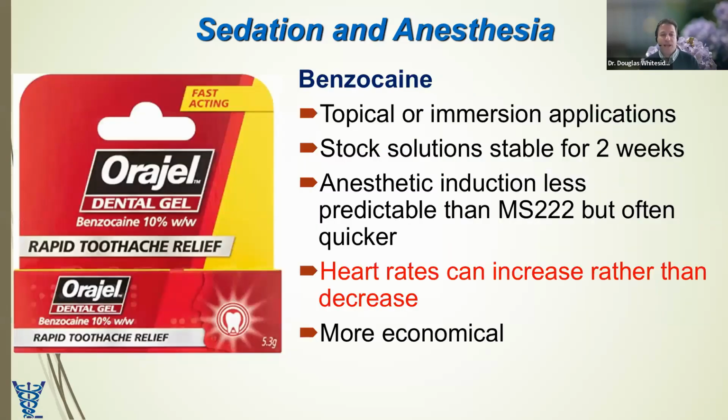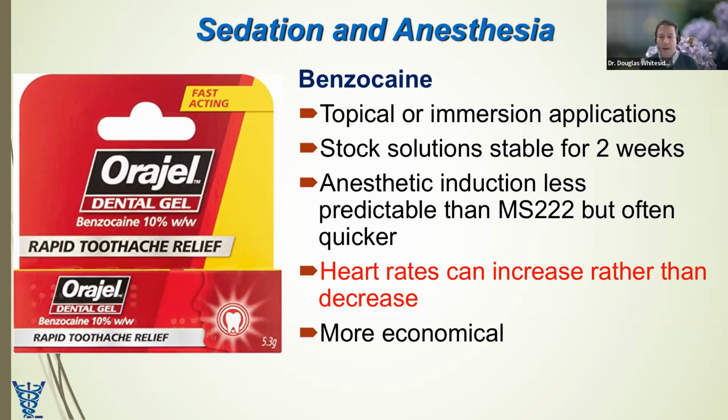So moving on to benzocaine. MS-222 is a derivative of benzocaine. Benzocaine is a topical anesthetic that is used for tooth pain, for example, in people. But what we found is that in amphibian species, it can be used either topically or as an immersion application. The nice thing is when you make up these stock solutions of benzocaine, they tend to be stable for about 2 weeks, which makes it really nice if you are in a practice that tends to see a lot of amphibians, or you're doing a research procedure, for example, where you're going to be doing a lot of amphibian anesthesias